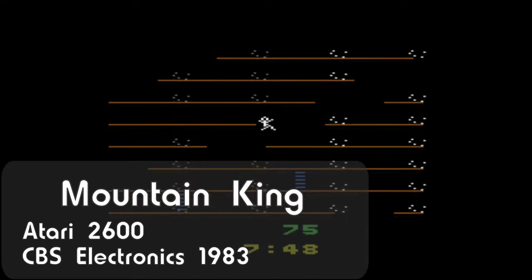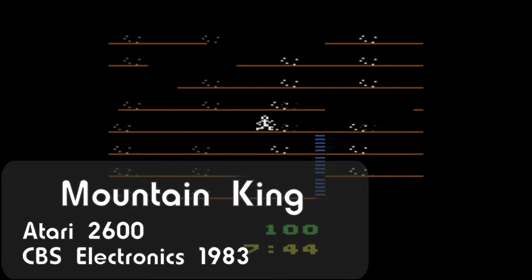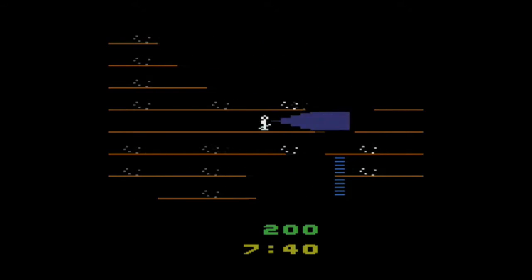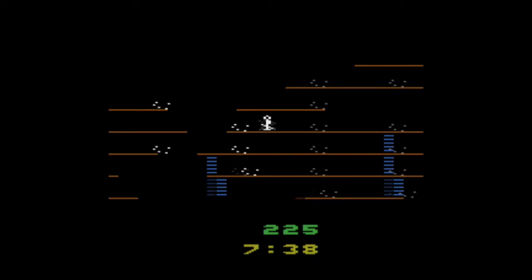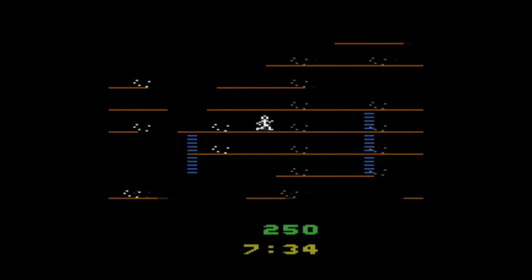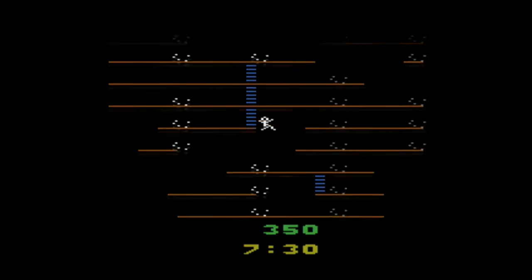This is Mountain King for the Atari 2600 from CBS Electronics, released in 1983. In Mountain King, you are an explorer in an old diamond mine. In this diamond mine happens to be an ancient civilization, and there is a golden crown. You need to capture the crown and escape to the top of the mountain before the time expires or you're